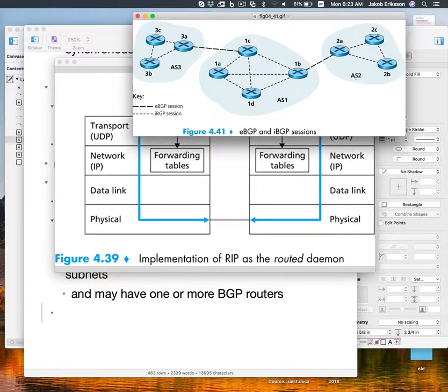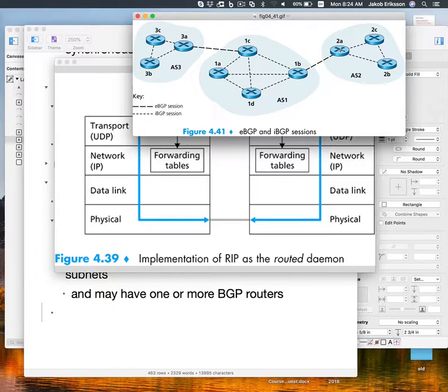Inside of the autonomous system, there may be more. I mean, BGP is a handy protocol. You could use it for internal purposes. But basically, we can abstract away all of the routing that goes on inside of this network as just these